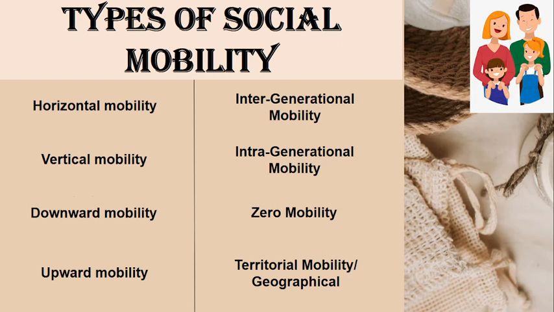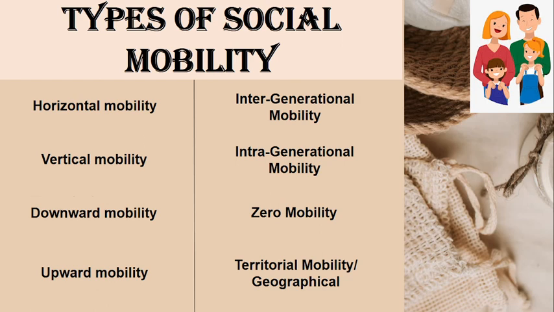The other one is vertical mobility. This refers to a change in the occupational, political, or religious status of a person that causes a change in their societal position. For example, if somebody is a Hindu who now accepts Islam, his previous status was Hindu, but at the moment he has become a Muslim. So an individual moves from one social stratum to another. Vertical mobility can be ascending or descending.